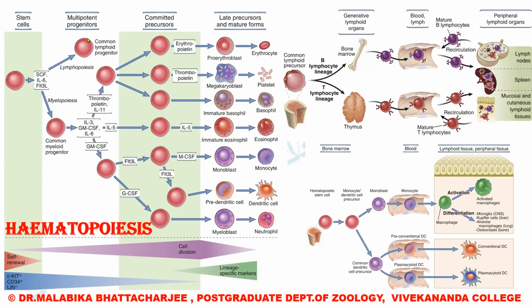The common lymphoid progenitor has not been shown here, so I have brought up this picture. So you have this common lymphoid progenitor. There are two main primary lymphoid organs, the bone marrow and the thymus. Within the bone marrow, the lymphocytes develop to give rise to the B lymphocytes, and in the thymus the lymphocytes develop to give rise to the T lymphocytes.